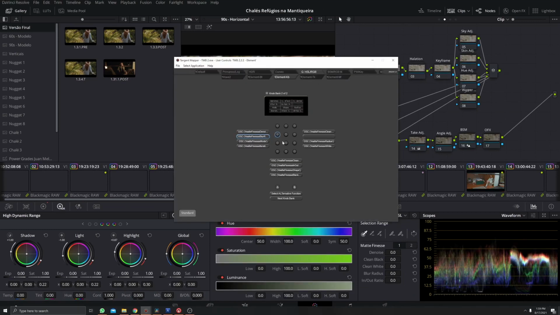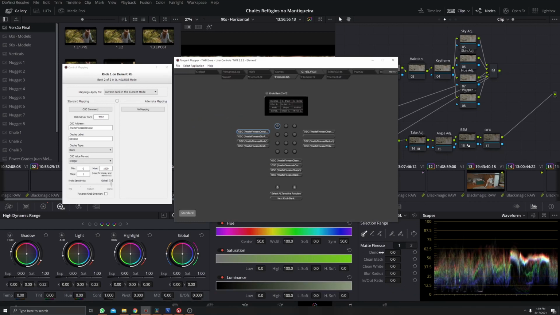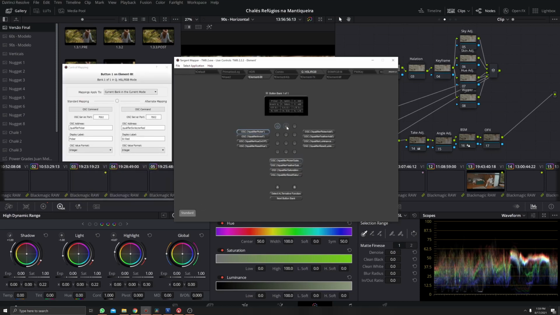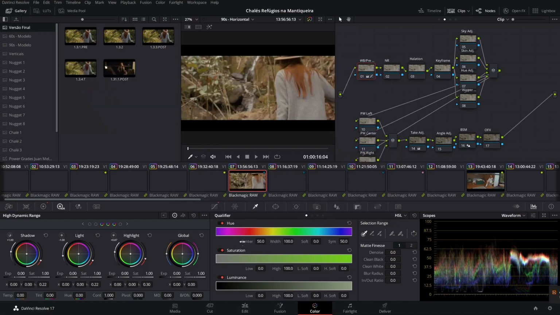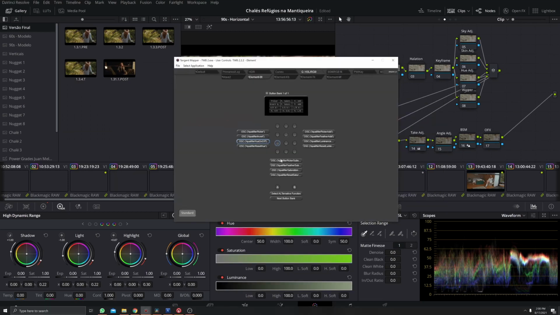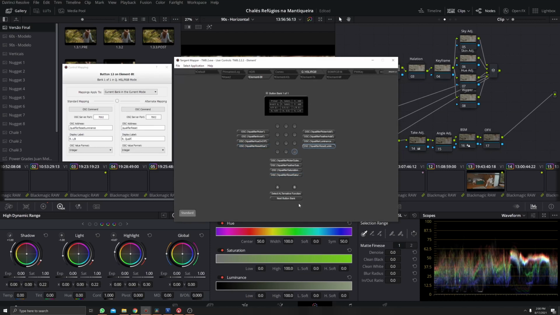On the second bank of the knobs, you have controls for your matte fineness. So you have the denoise, the clean black, mode, shape, and etc. Just use the second bank. For the buttons, you have the picker subtract, the add, the feather subtract, the add, invert, and we can turn on and off the hue, saturation, and luminance, just pressing these buttons that will depend in what panel you are. It will turn on and off here, and you can reset the same thing, depends in what panel you are, will reset the hue, saturation, and luminance, or the red, green, and blue.